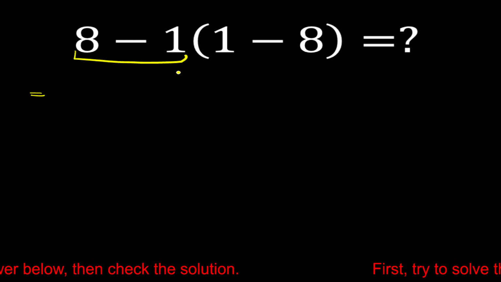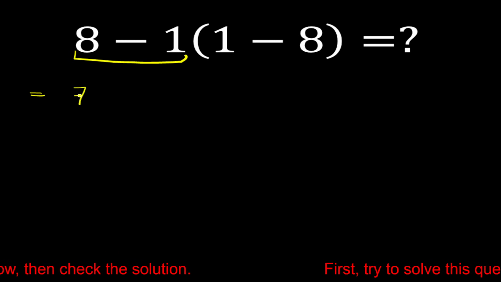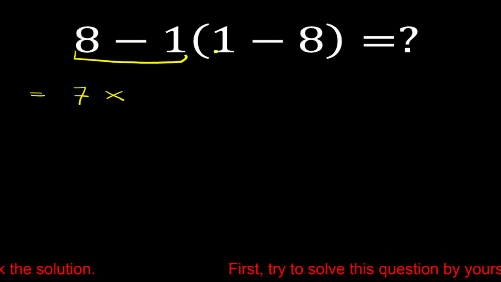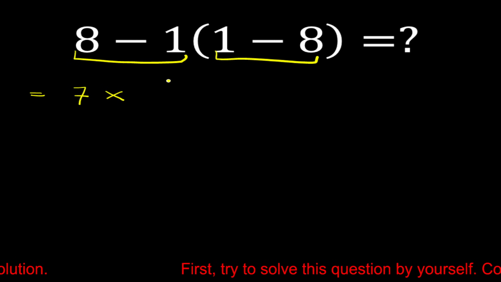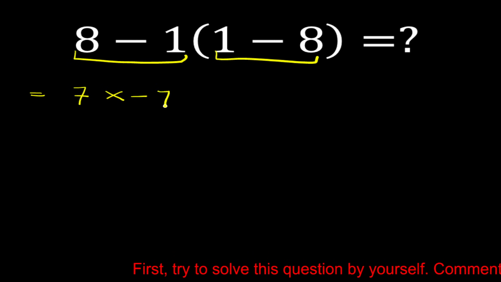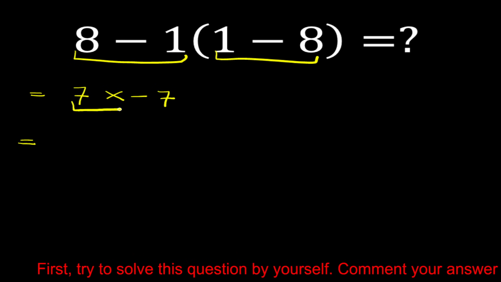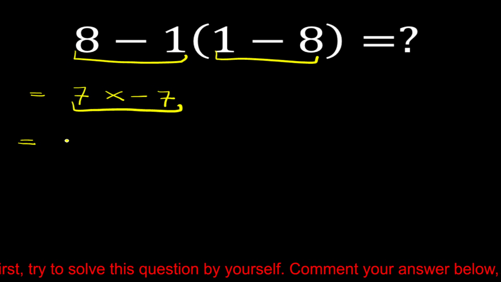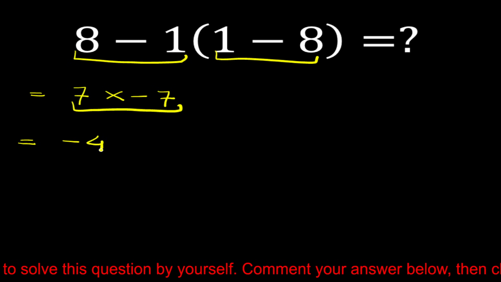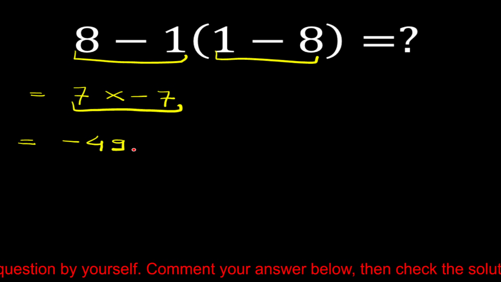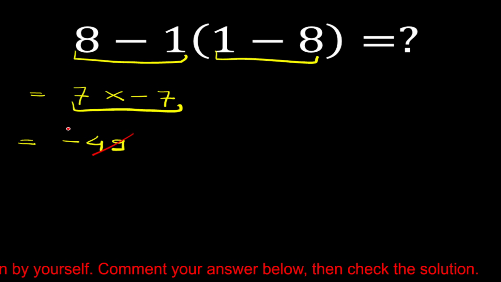Eight minus one is equal to 7. Multiply one minus eight is equal to minus 7. 7 multiply minus 7 is equal to minus 49. Okay, but this answer is completely wrong